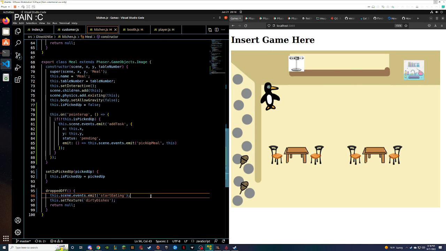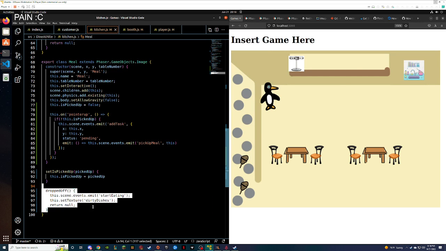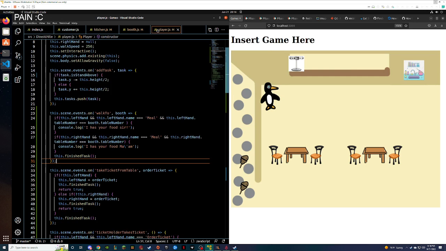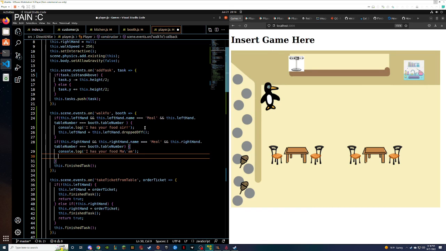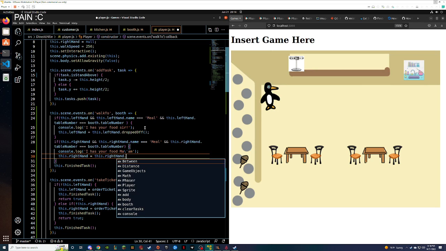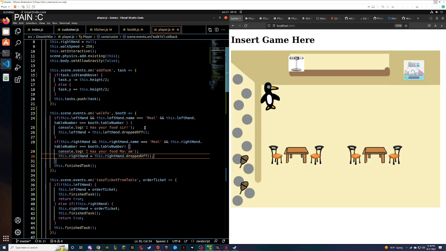So then, pretty much we can this dot left hand equals this dot left hand dot dropped off. Boom. Same thing here. This dot right hand equals this dot right hand. Okay.